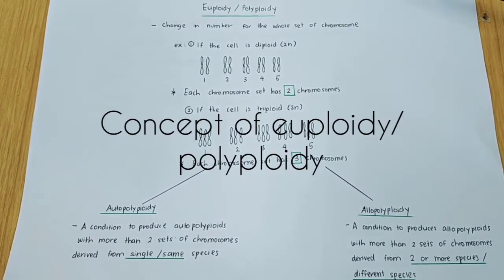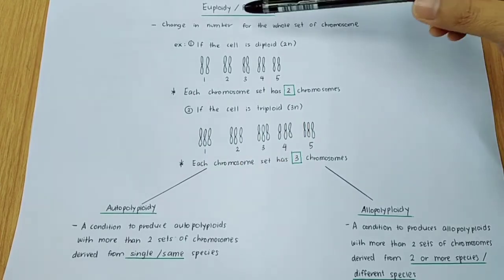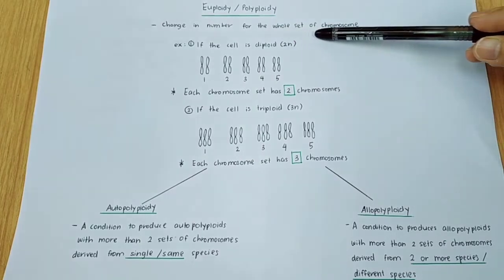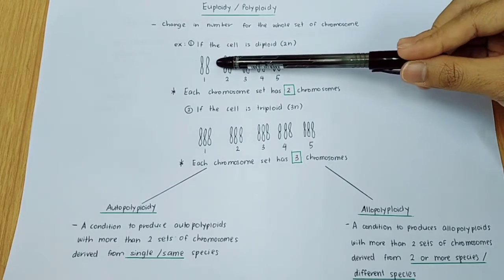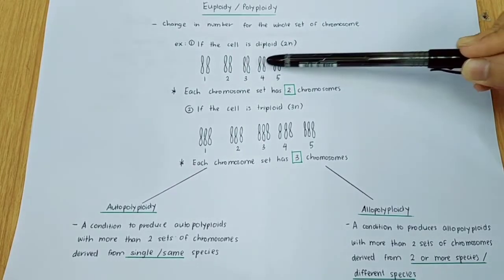So now we look at the concept of euploidy or polyploidy. So firstly, what is polyploidy? It is the change in number for the whole set of chromosome. Maksudnya bila berlaku perubahan dari segi the set of chromosome, the whole set of the chromosome, so that one we call as polyploidy. So example, di sini saya bagi if the cell is diploid or 2n,